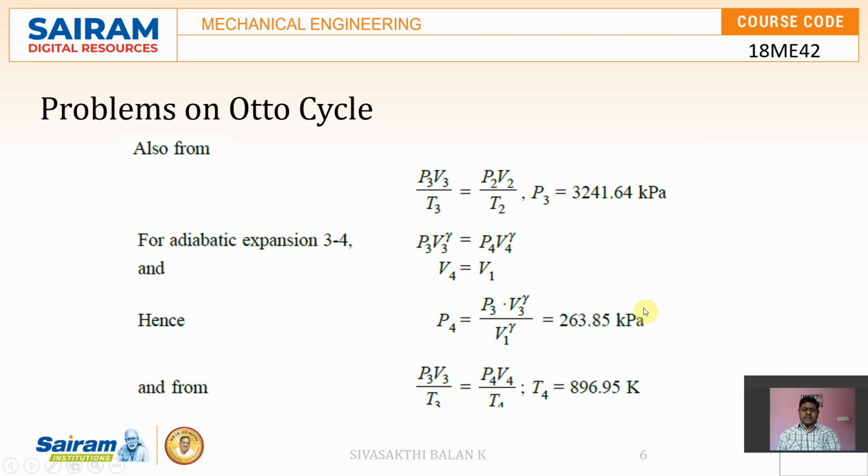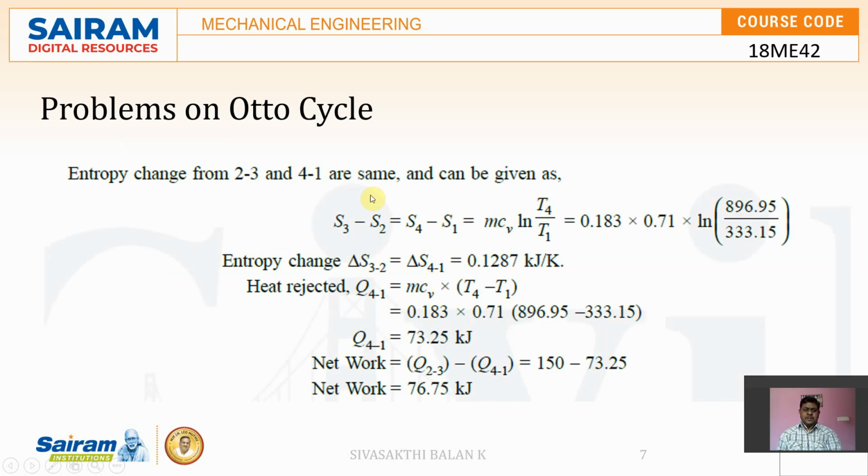The pressure at the end of the expansion is 263.85 kilopascal, and by using the gas relation PV is equal to mRT, we can easily calculate the value of T4 as 896.95 degree Kelvin. And now let us see how the entropy change is calculated. The processes 2 to 3 and 4 to 1 are the same,